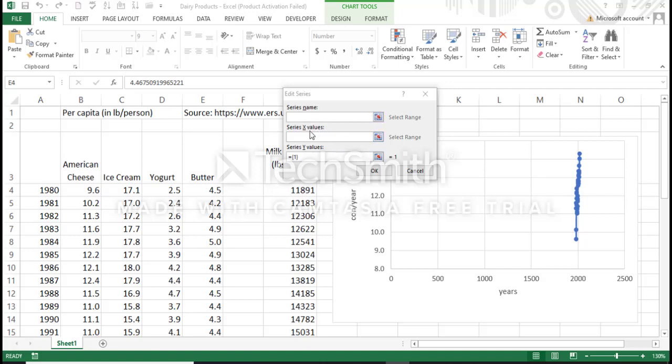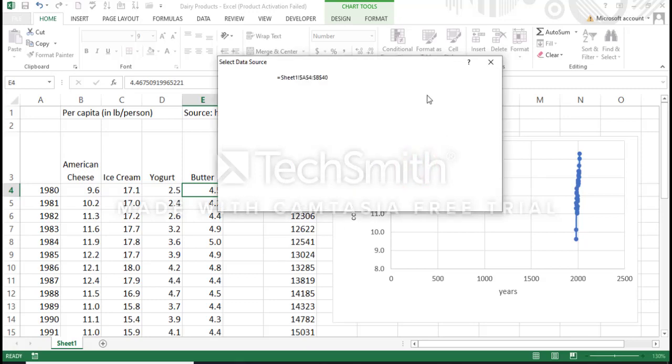What I'm now going to do is add a couple of series. We're going to add in ice cream, yogurt, and butter. Because ice cream, yogurt, and butter in the data here also is in per capita consumption in pounds per person per year, I can use it on the same primary axis. The first way to add a series to a scatter plot is you can right click, and like I mentioned before, you can go to select data. You can also select data up here in the